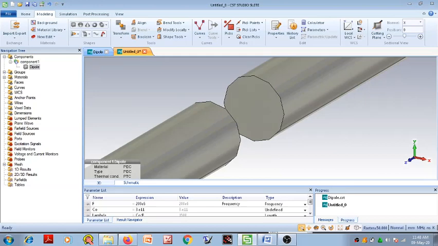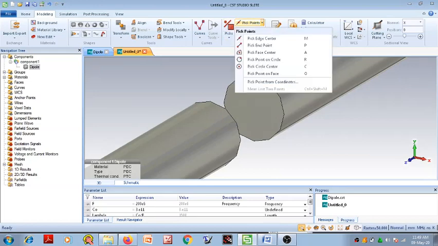So next step is to provide a source or provide a port in between these two faces across the gap. For that we have to select face center. So click on pick point, down arrow, then pick circle center option is there.